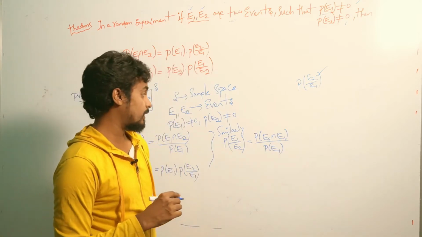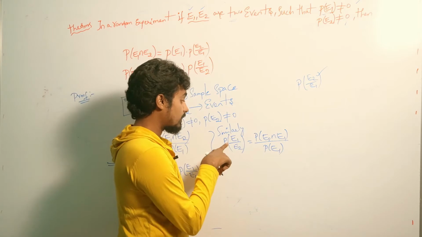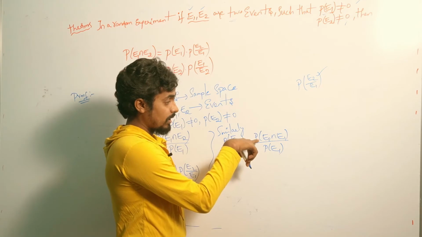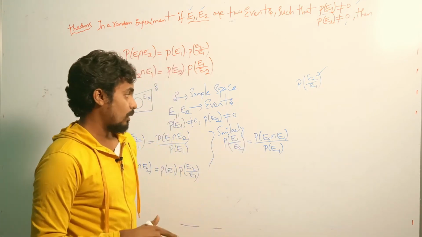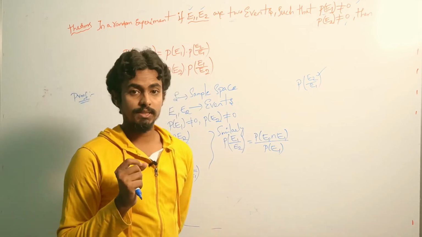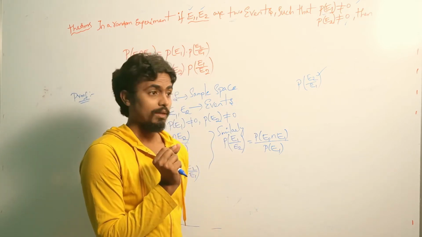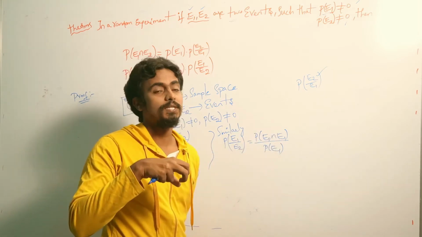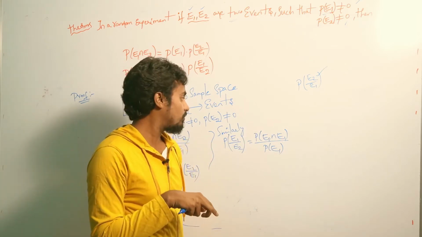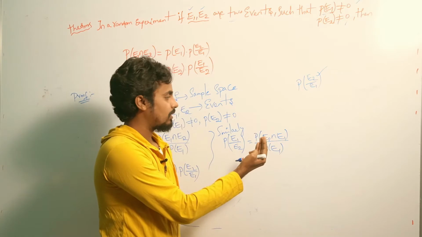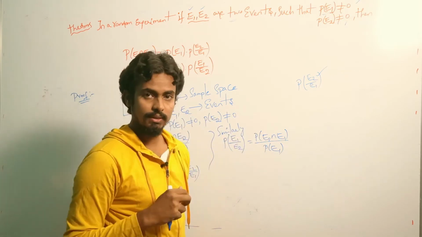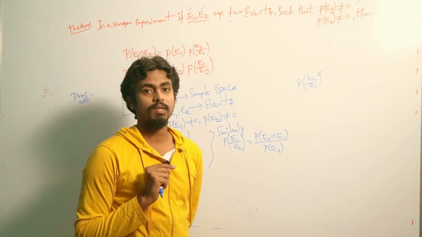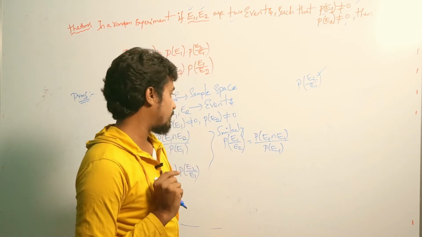Some of you have a doubt: why can't we write P of E1 intersection E2, but why do we write P of E2 intersection E1? If you take independent events, they will not affect each other. We have to interchange the variables present in the events. That's why we swap those values and get the appropriate results. This is only applicable for independent events. Please remember that and keep it in mind.